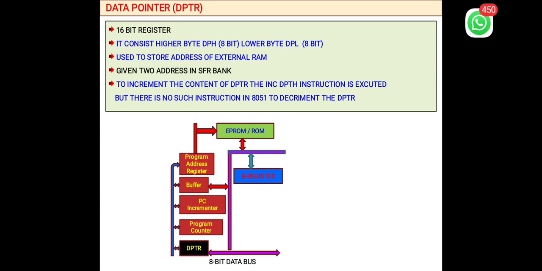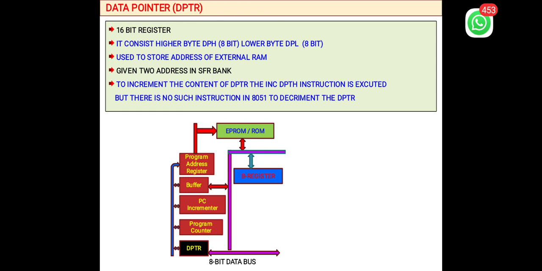It is used to store the address of the external RAM. When we use 8-bit, it is used for accessing internal RAM or special function registers. But 16-bit is used for accessing external RAM. It is useful for string operations.